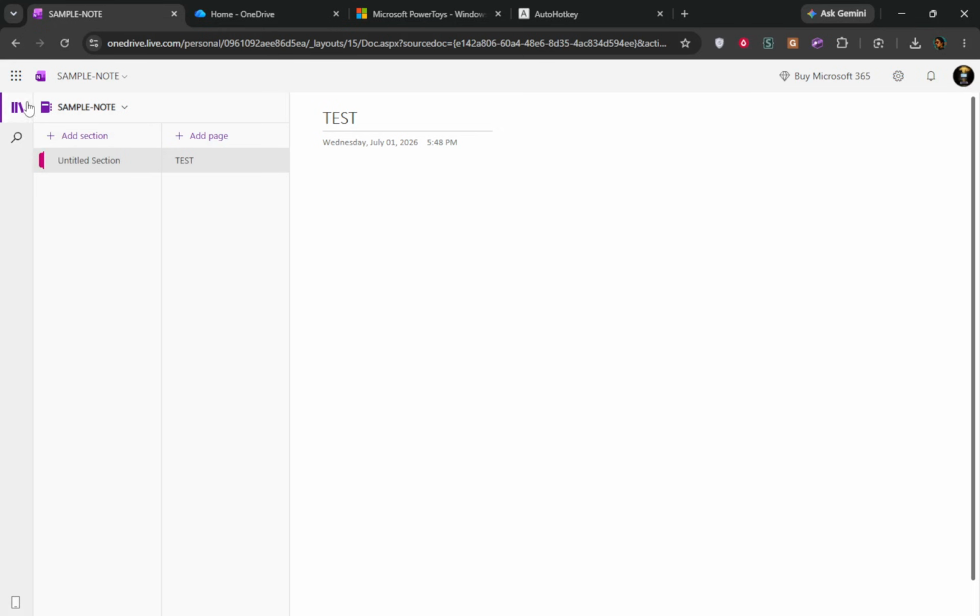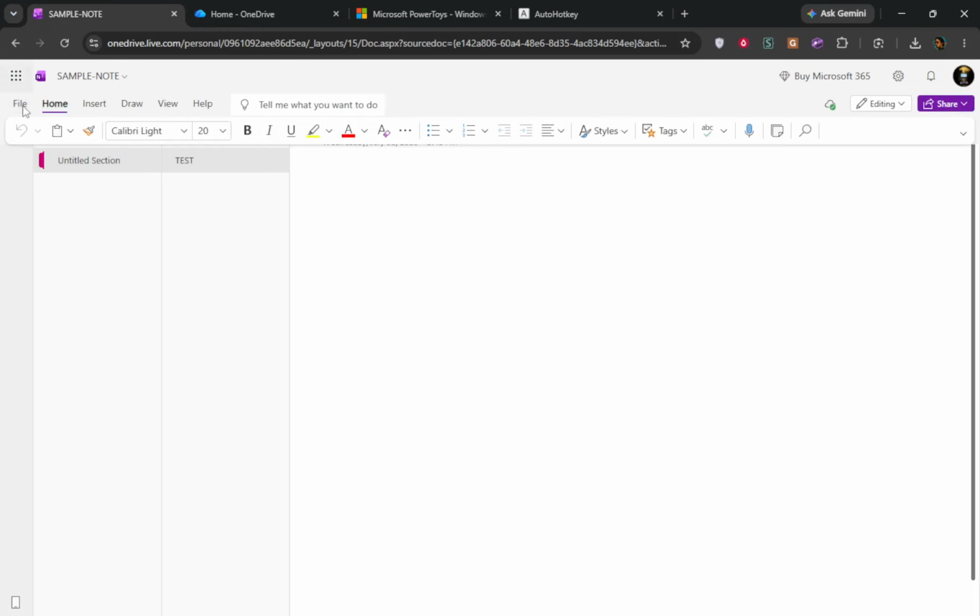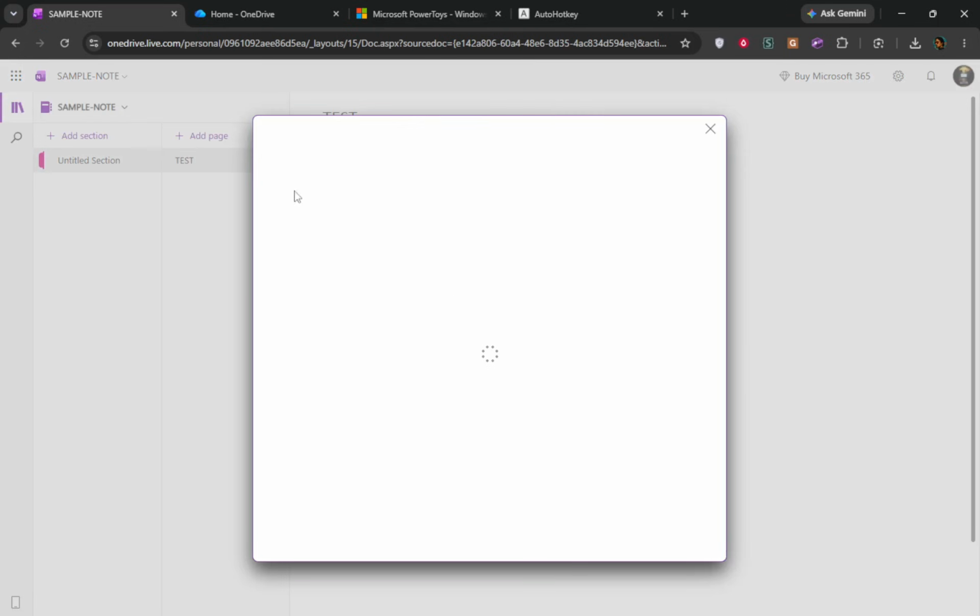Next, go to the Insert tab at the top of the screen. This area contains various options for enriching your notes. Here, you will find the option for Office add-ins or My add-ins depending on your version. Selecting this option is crucial as it opens up a whole new world of tools that can be integrated into your notes. Now, you can browse or search for available add-ins.